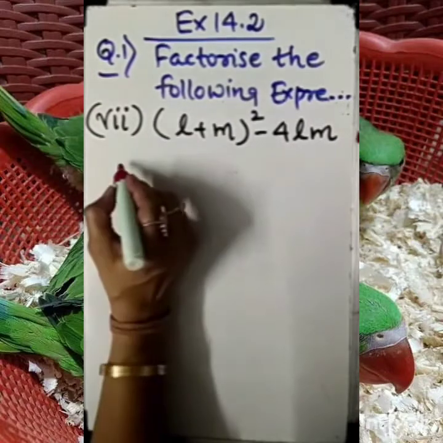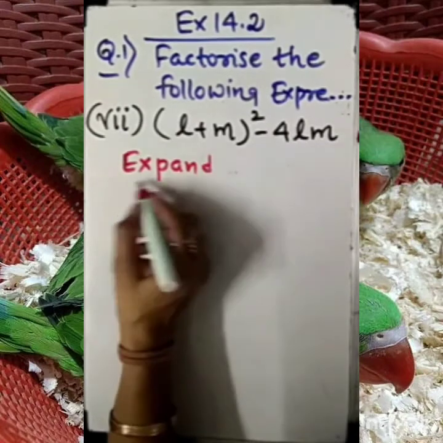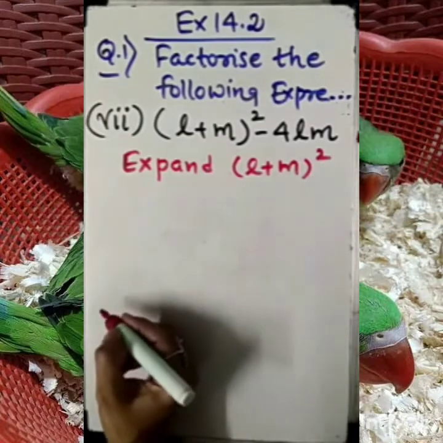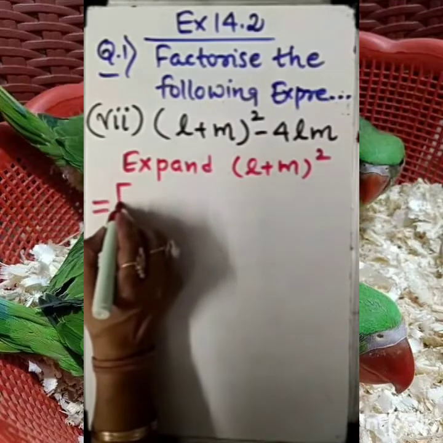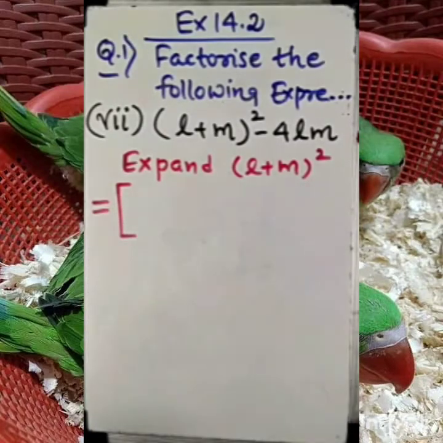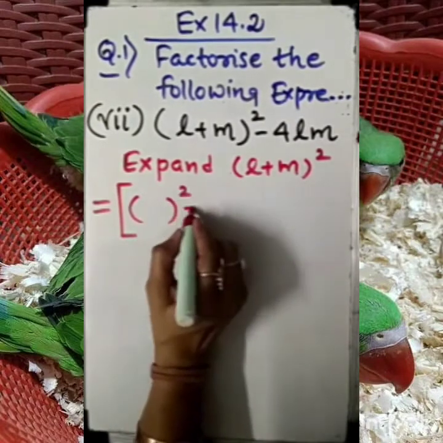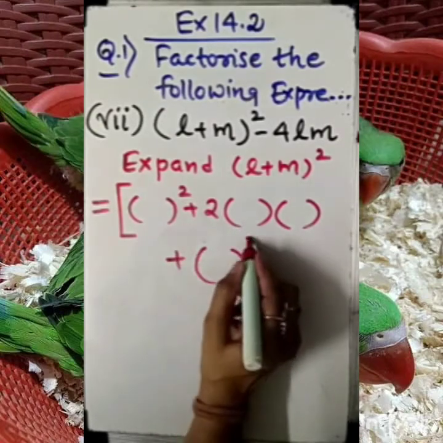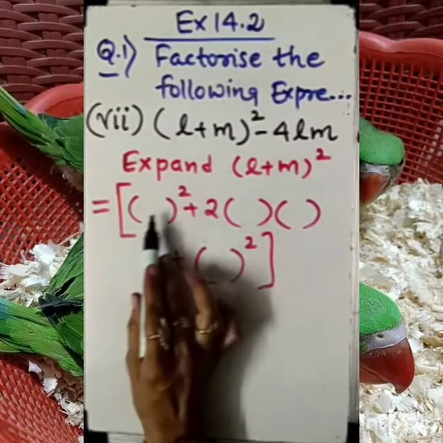This is the first identity we need to apply for that. So first what we are going to do, with the hint already given in the book, let's expand l plus m whole square. Fine. So here I am mentioning the equal to sign, and I am opening it. I am expanding it in a square bracket. The square bracket says a square plus 2ab plus b square. This is the first identity, square bracket over. For l plus m whole square, I am applying the first identity here.